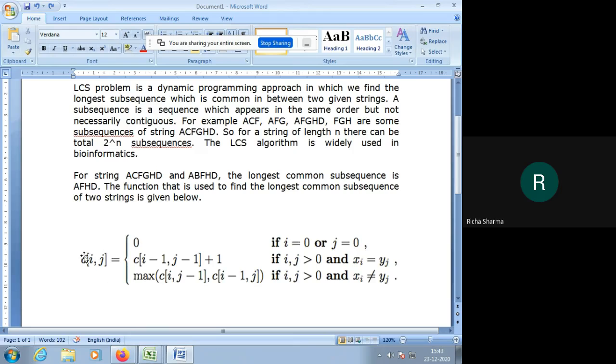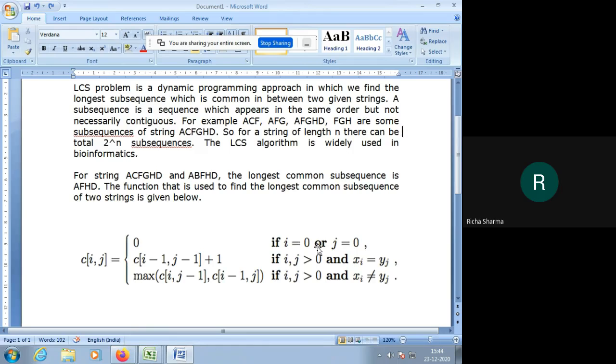So here C[i][j] is a cost matrix, or you can say the solution matrix. How will this cost matrix get assigned its values?